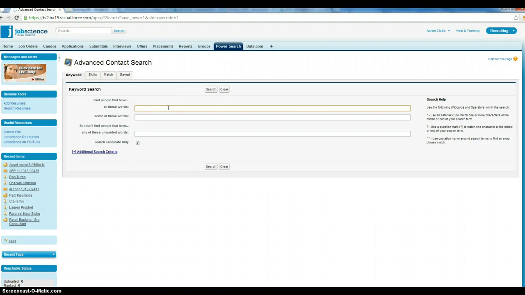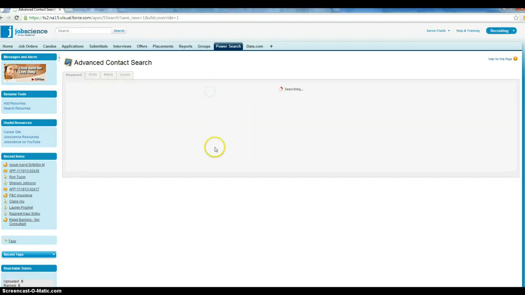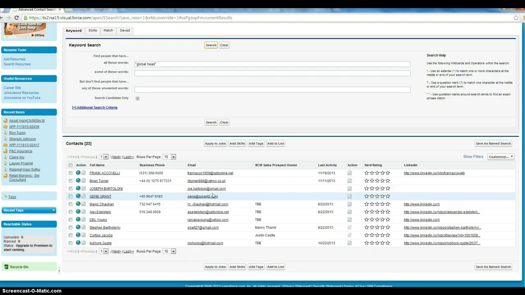Okay, so again, going back to the idea that we're searching for partners for the capital markets, let's go ahead and type in global head in quotes to see what comes up there. I'm not sure if anything will, but it's safe because you're looking for global head in capital markets, and boom. All right, so 23 people showed up in this list that have global head somewhere in their profile. Just so you know, FYI, it is going to pick up what's in their resume as well,